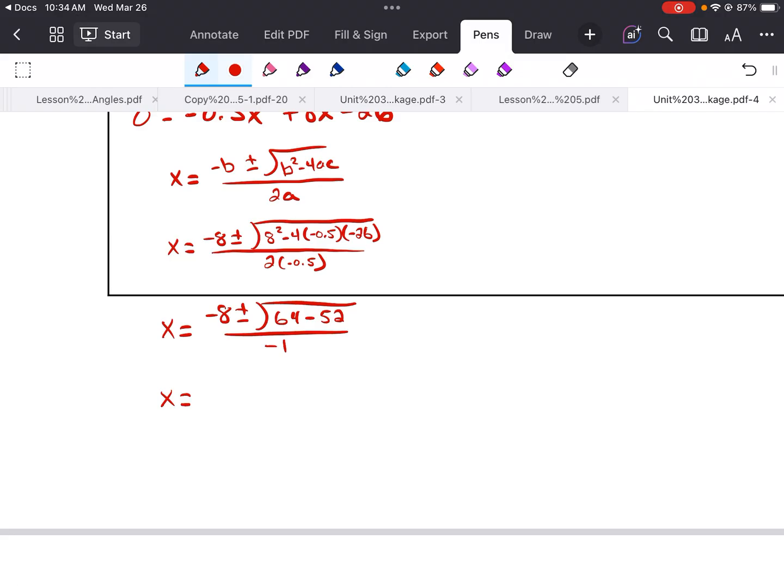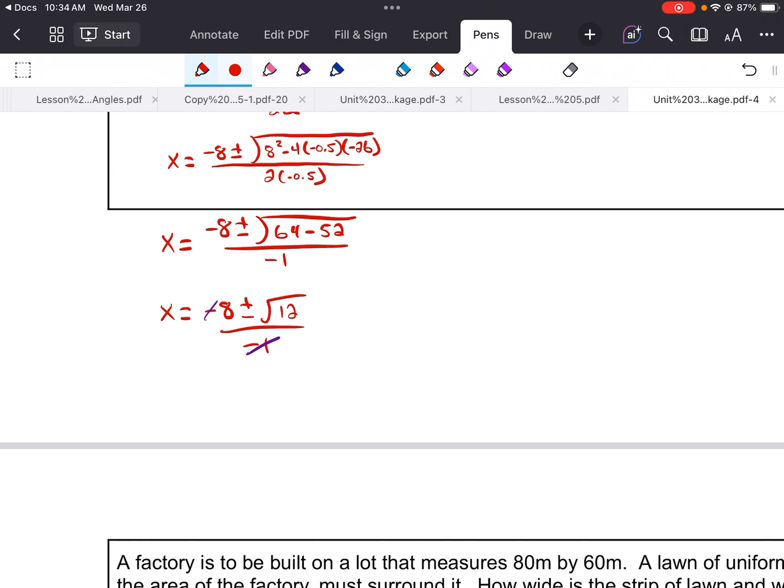Okay, so we'll have negative 8 plus or minus the root of 12 over negative 1. And we see that we have a negative 8 and a negative 1, so we could just cross that negative off. So it's just 8 plus the root of 12, or 8 minus the root of 12,